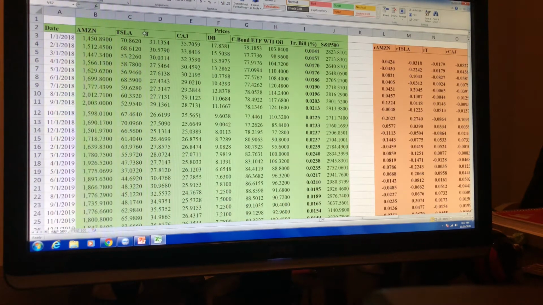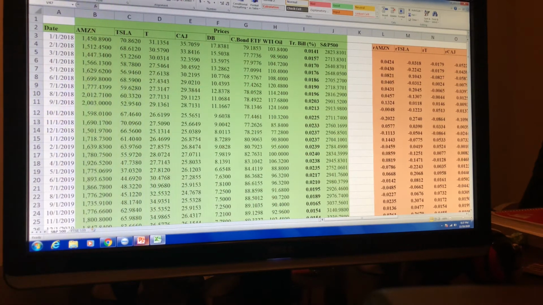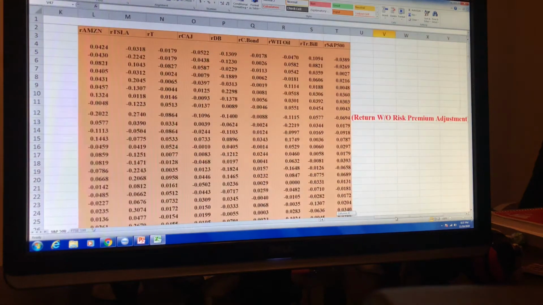I picked Amazon, Tesla, AT&T, Cayenne, Cameras, Deutsche Bank. These two, however, are ADRs, American Depository Receipts, which are foreign companies traded on the U.S. markets. We would then go over to this,